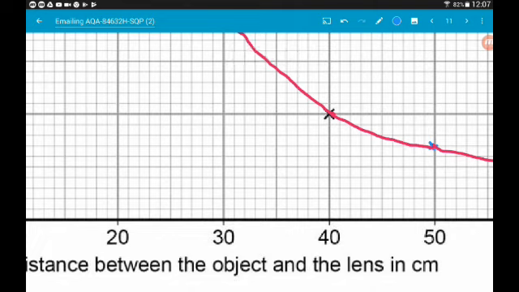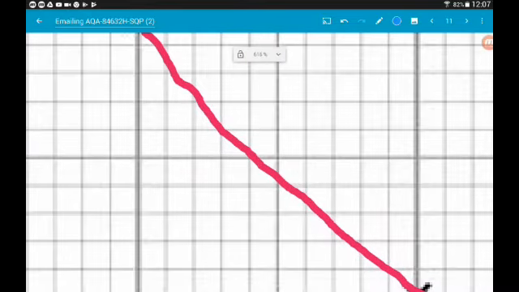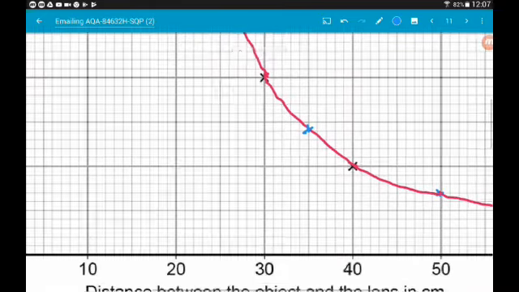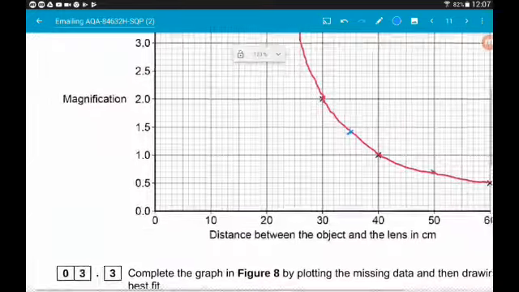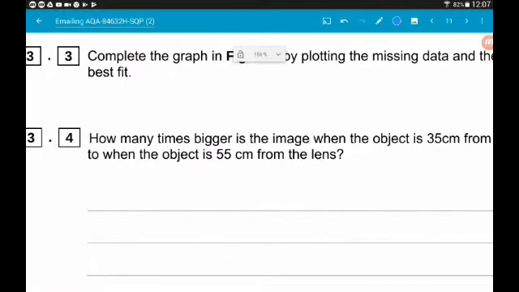So we're going to go up from 35 until we hit the graph. I'm going to say that's here. Now that will go across to 1.4. So we've got 1.4,